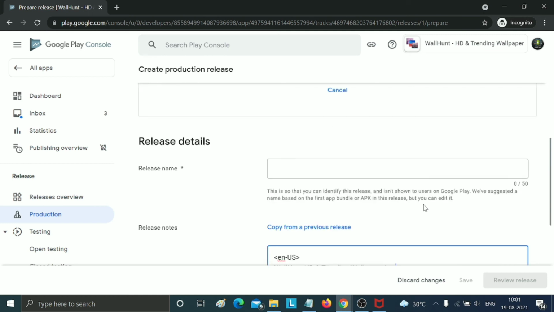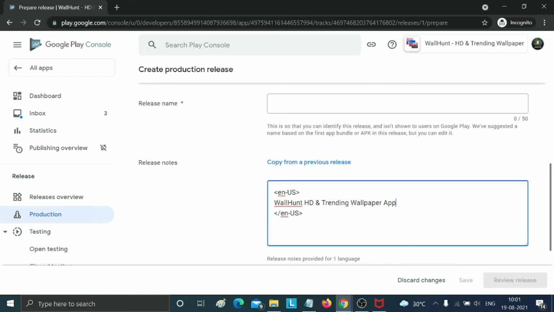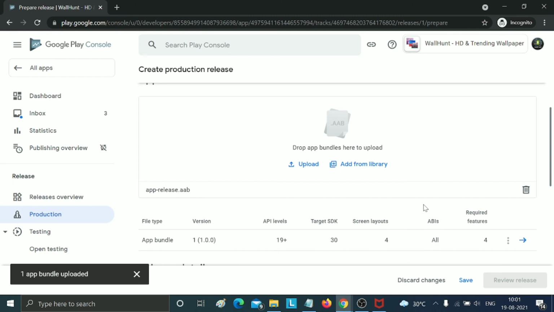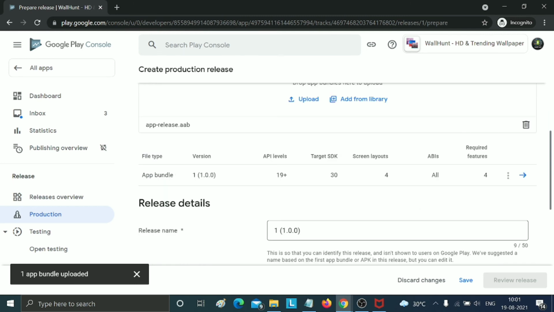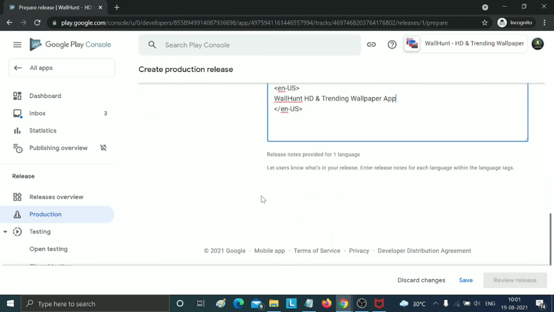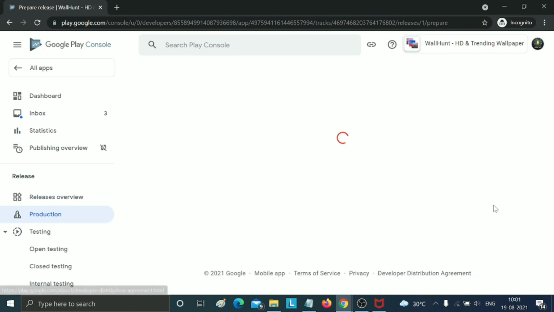And don't type the release name here, because when your application is uploaded, the release name is automatically added. You can check this one: app bundle uploaded. You get this message when your APK file is uploaded on Play Console. You can check this release note 1 and 1.0.0 automatically.